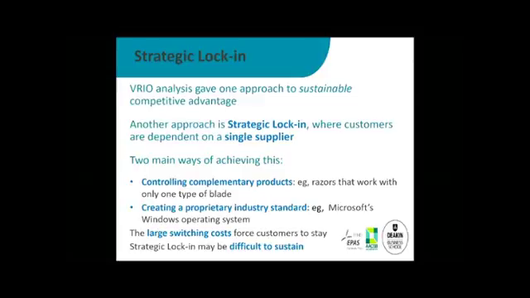We've got a computer, and it's a great computer, and it's $50. So everyone wants to buy this computer because it's fantastic, works really well, it's $50. But we control all of the software. So once you buy our computer and you get committed to the software, you're stuck with us. You've got to keep going because we're in control of that. Or we can create some industry standard that is difficult to avoid because it becomes so large, such as Windows. So the switching costs will keep people going there.